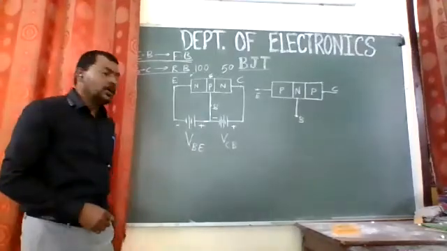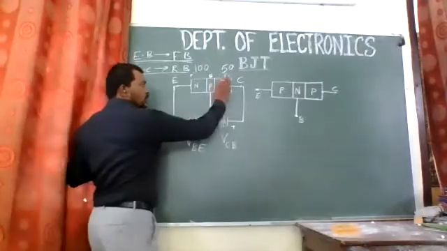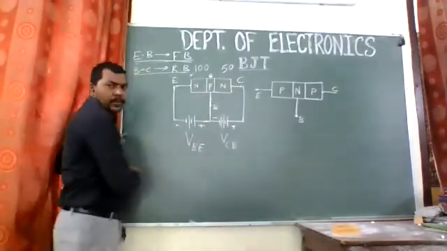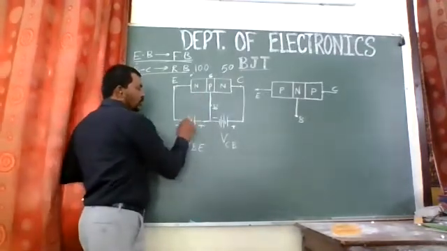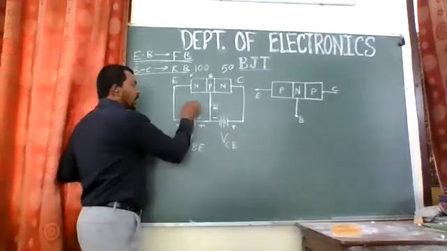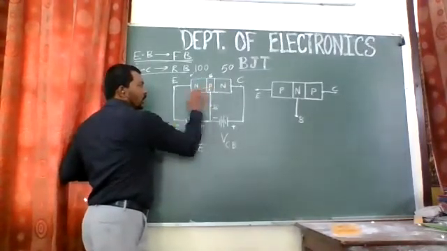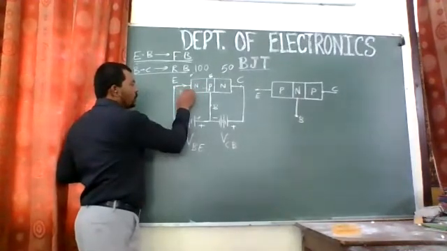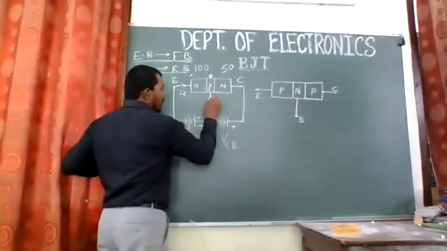So as soon as we have connected it in forward bias, what happens if I mask this and just consider this a PN diode? This is forward bias, and if you increase this voltage to around 0.7 volt, the depletion layer will dissolve and a current IE flows through the emitter and a small current IB.